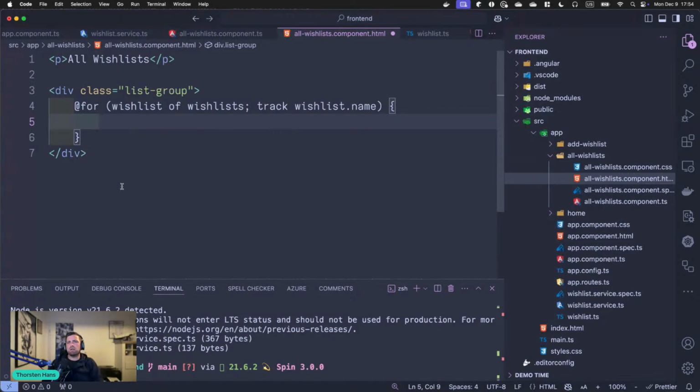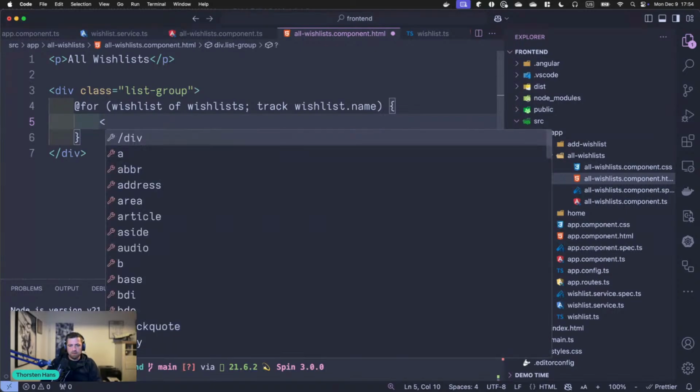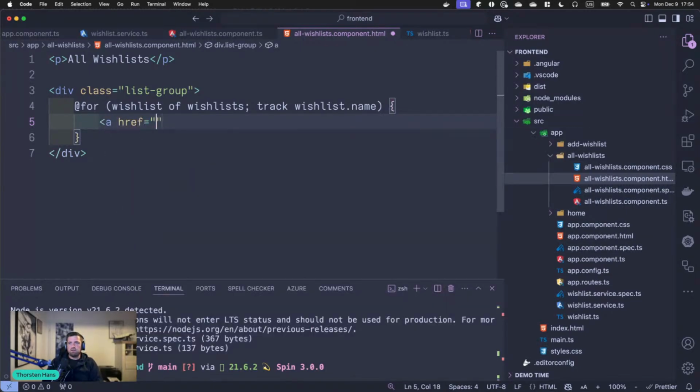Yeah, for real-world scenarios, I would have a unique ID, like a UUID, on that wish list as well, and use that to track by. So an href, do we need an? Why do we want? No, we don't want it. Can't we simply say div class list-group-item